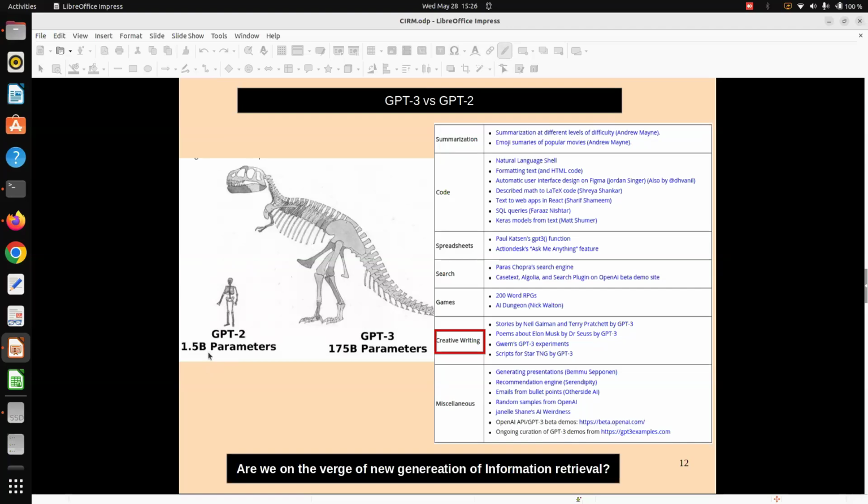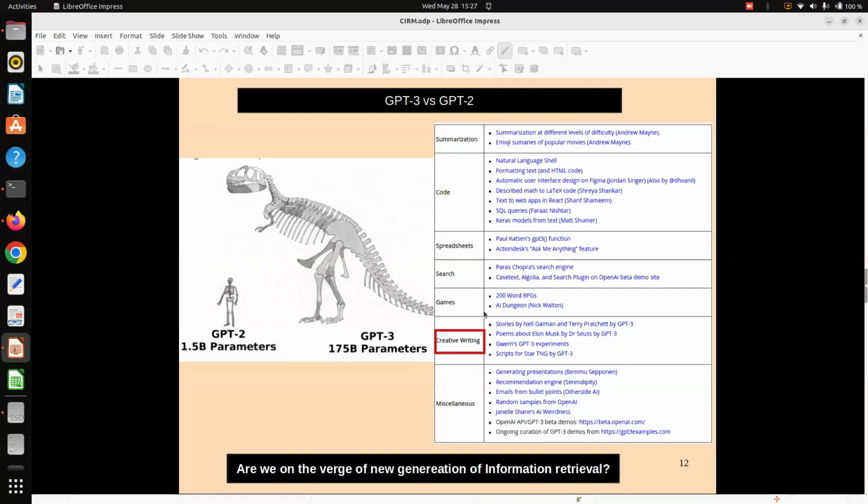Parameters are basically data recipes. It is not the amount of data it is trained with. It is different kinds of permutations and combinations of collected data points. That is actually the recipe, because everybody can get the same amount of tea, sugar, and milk, but all of us cannot make our tea as good as some others. So that is basically the recipe, the ratio people are using, and that ratio is indicated by the number of parameters. GPT-3 is based on 175 billion parameters, and because of it,